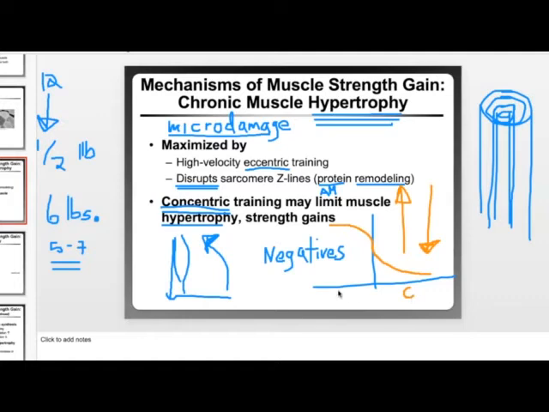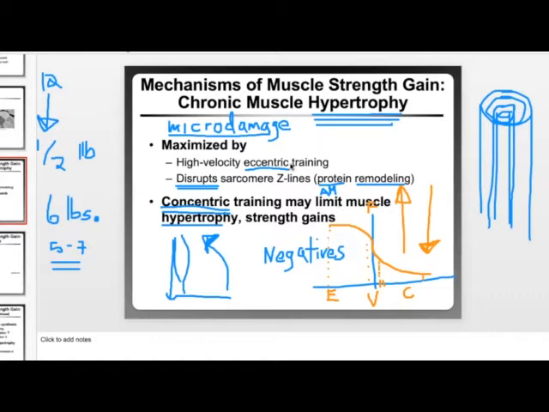This is the concentric, and this is a review from a couple chapters ago, so I'm not drawing it very elaborately. But concentric muscle contractions are already pretty effective at producing a force, all right, at lower velocities. So at low velocities, concentric muscle contractions produce the highest amount of force. At high velocities, concentric contractions can't produce a very high force at all. Likewise, at lower velocities, eccentric muscle contractions can't produce a lot of force. And at high velocities, they can produce a good amount of force.